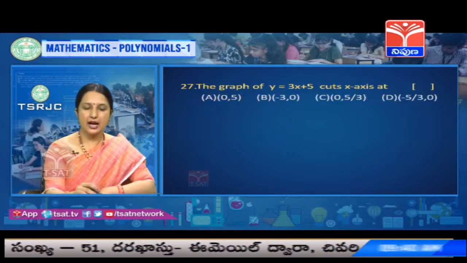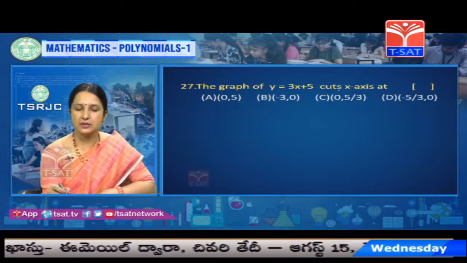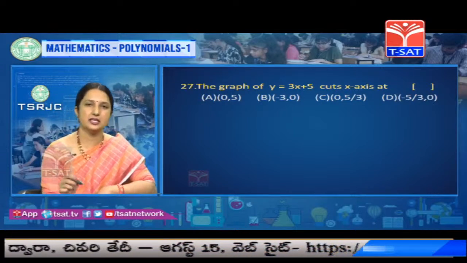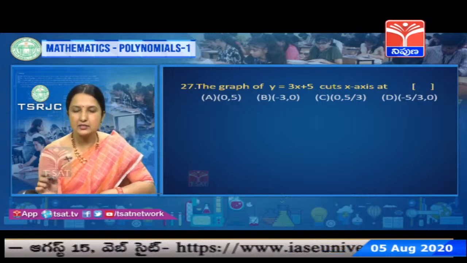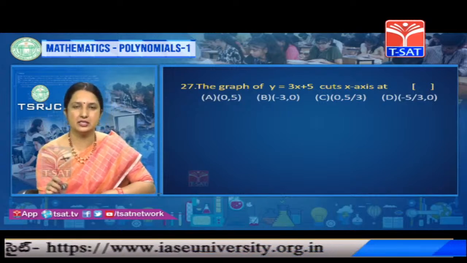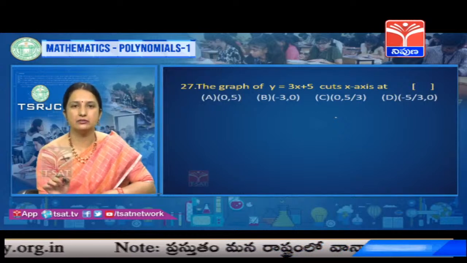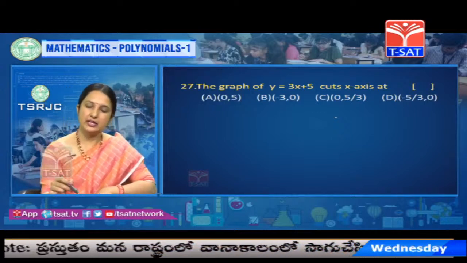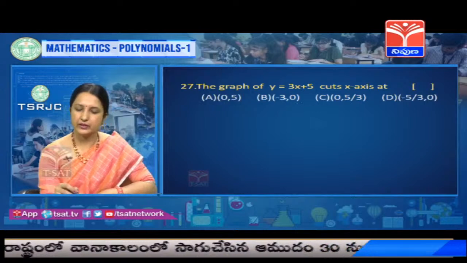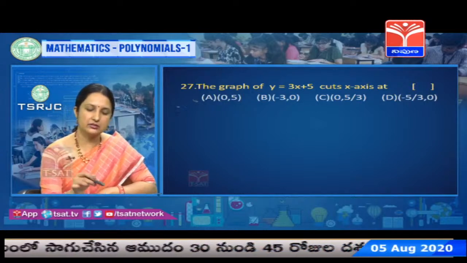Next, the graph of y equals 3x plus 5 cuts the x-axis at. So on the x-axis, what is y always? 0. Always on the x-axis, the y value is 0. So here, which places have y equal to 0? So if x is 0, then